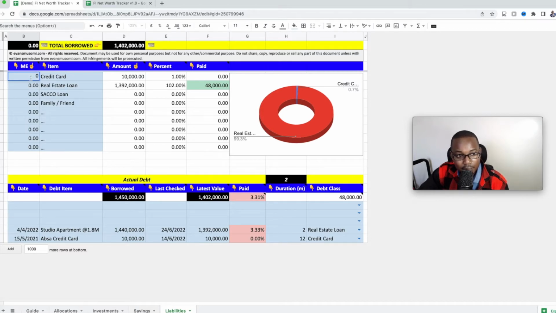Currently, he pays his credit cards every month without fail, so the monthly expense is 0. He managed to get a loan for the studio apartment at 0% interest, so the extra costs or the monthly cost is 0. He doesn't have a SACCO loan at the moment. If he had a